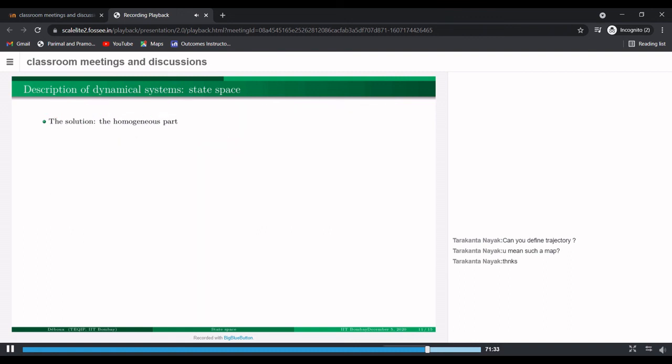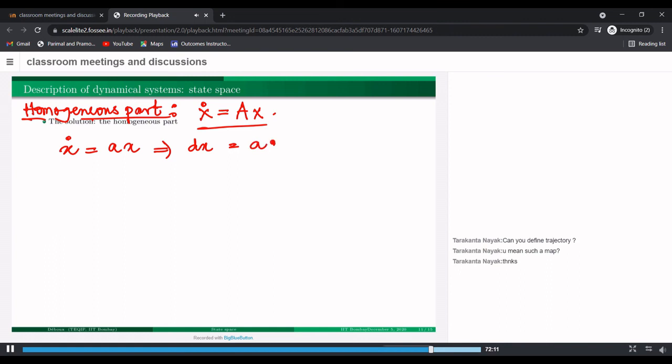Okay. All right. So how do I get the homogeneous part of the solution? The homogeneous equation is x dot equals just Ax. Now we solve this. We'll always be tempted to do the following. If it's just a single scalar variable, x dot equals ax. How do we solve this? This is nothing but dx equals a dt. Integrating, we get dx by x. If we integrate this from x0 to x(t), and this integral from 0 to t, what we get is